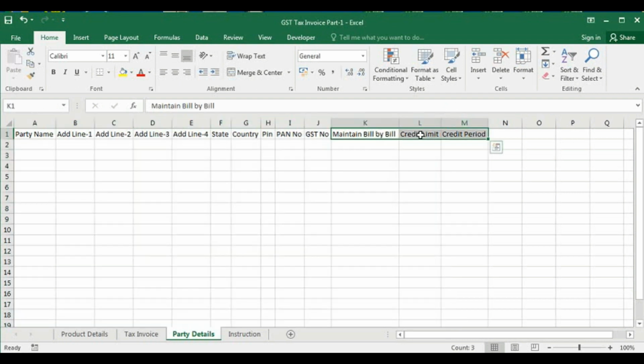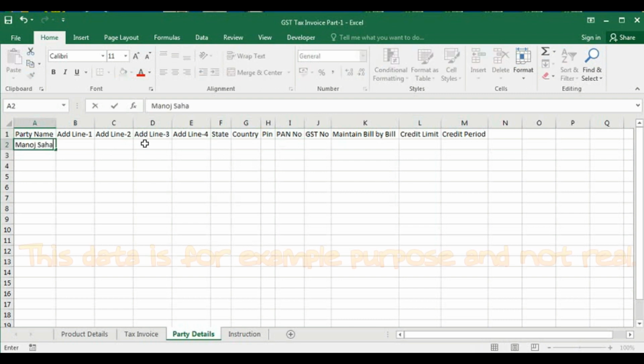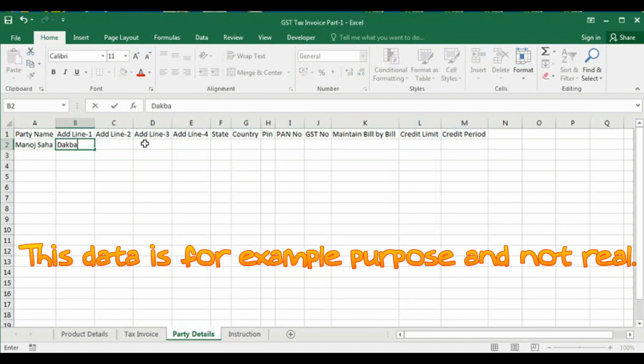In a later part, I will show you how these 3 columns will work, but here we will work on these 10 columns. So give your party name Manoj Shah, Dak Bungalow Road, Pakuahat, Malda. Address line 4 is blank.